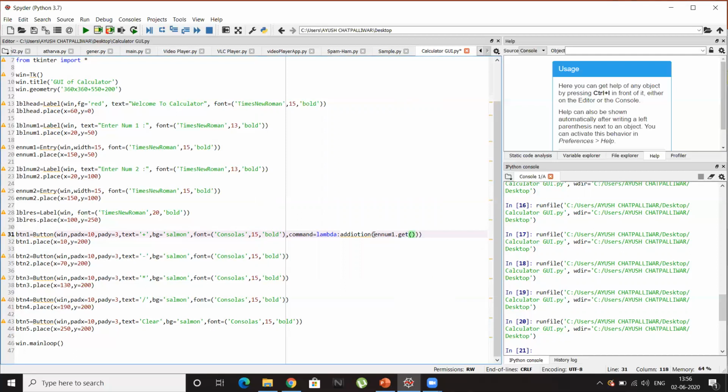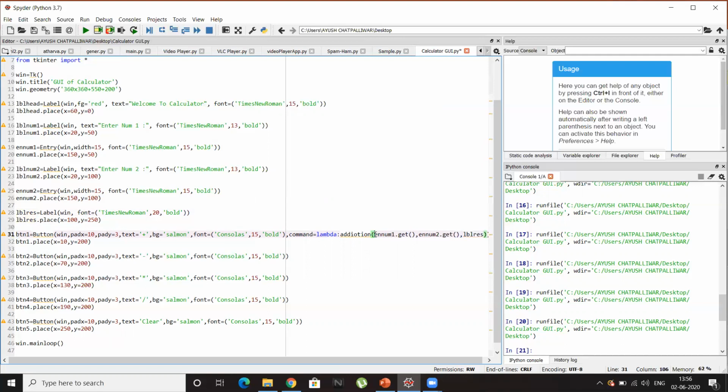This will return whatever is typed inside the first entry box, and similarly we'll get what is typed inside the second entry box using en_num2.get(). And lastly, to print the result of these two, we'll send the lbl_result, this result label, lbl_res, to print the result. Yes, this will work.